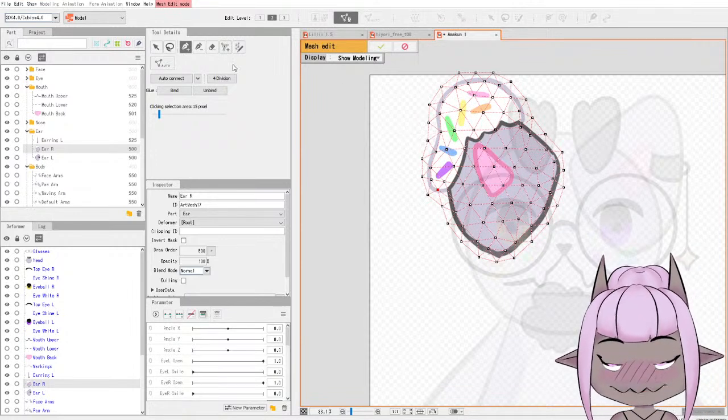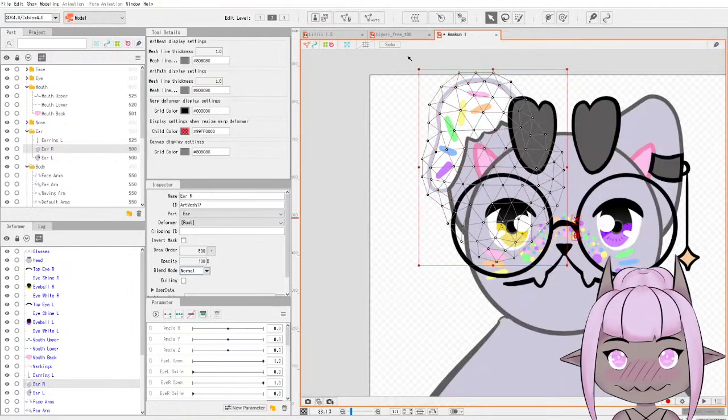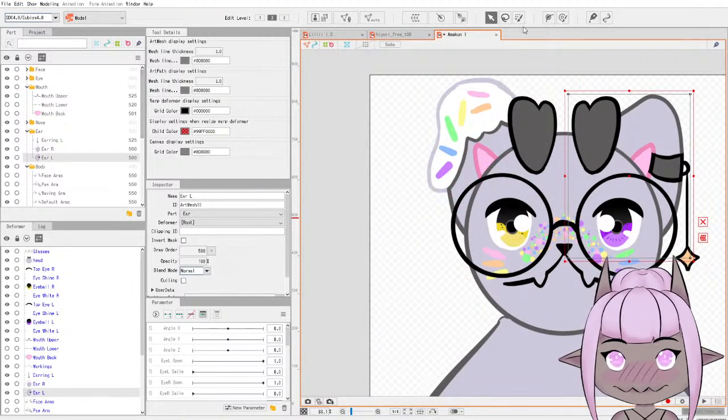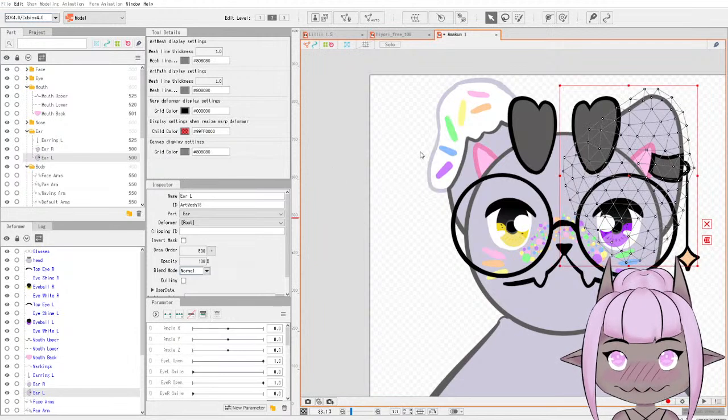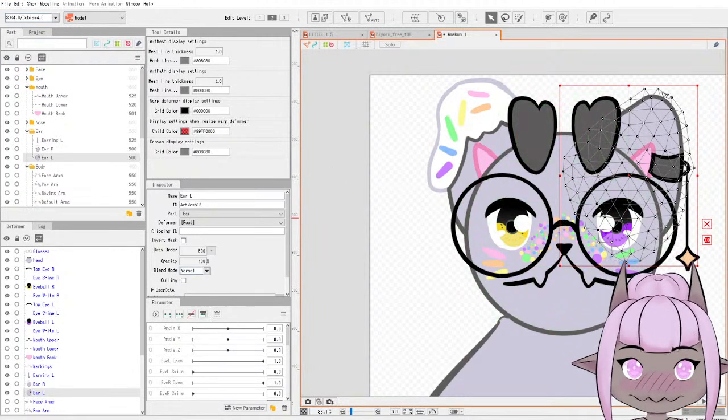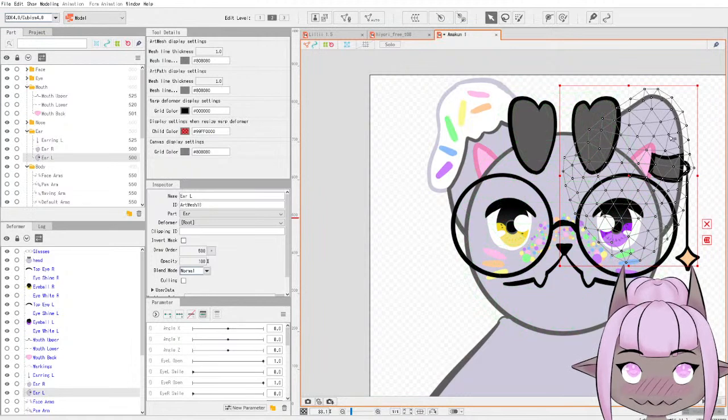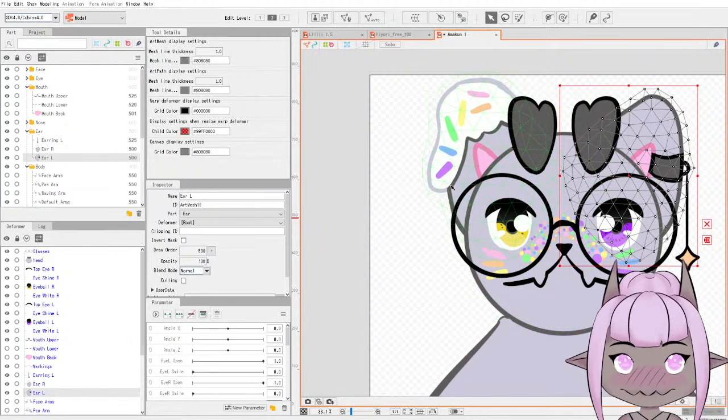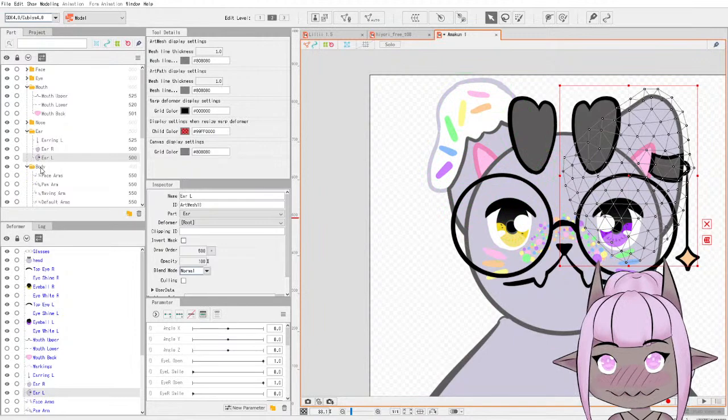That's nice. I keep yawning. That's not so good for me. Oh well. Ear L. Left ear. Auto mesh. Standard. And that looks good as well. Very nice. Okay. Now then,